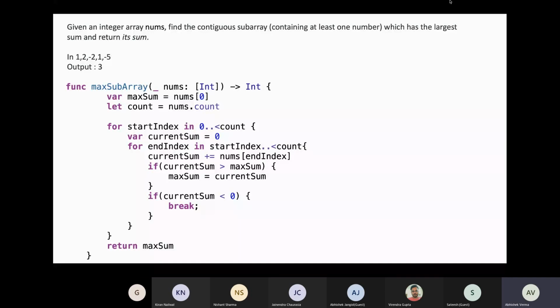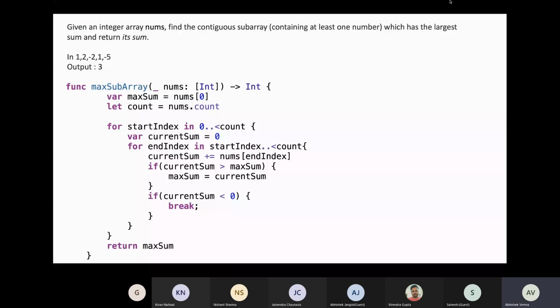Any other question? Okay, so one question that we should be clarifying is whether the array is sorted.